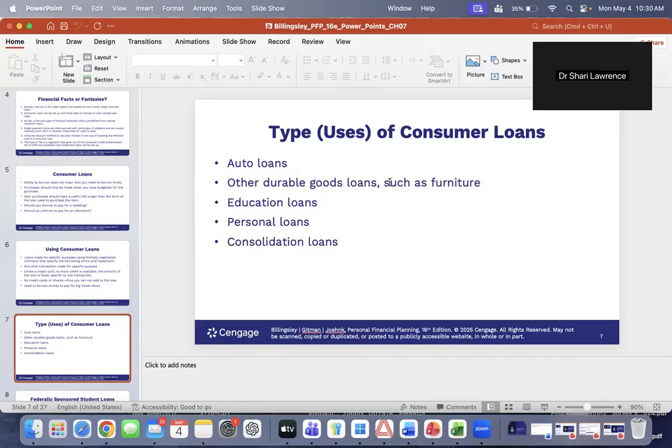Personal loans, now, let me back up to this one. You could possibly get a loan for durable goods that's backed by the actual asset, which could be collateralized. But a personal loan means definitely no collateral. Let's say that you have run up credit card debt and you want to get a personal loan at a lower interest rate than your credit cards. So you could get a personal loan and then pay off your credit card debt. They also would call that a consolidation loan.